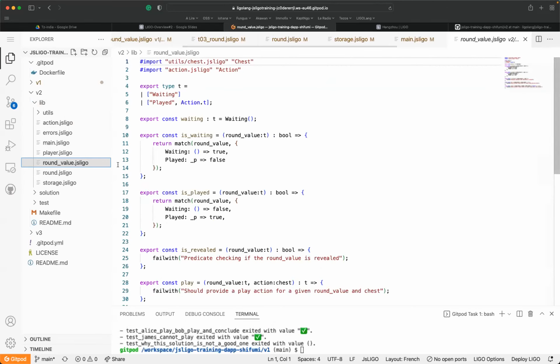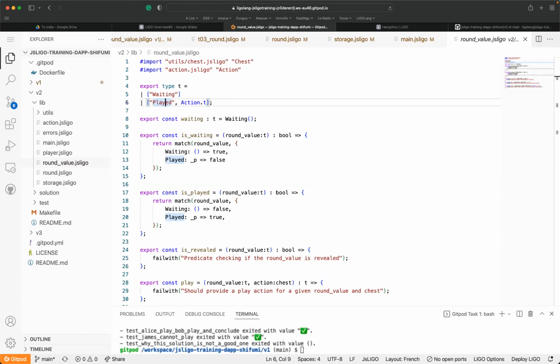The round value. As you see, we have the played, waiting, played, and we would like to reflect a third state, which is I'm waiting for the player 1 to play.